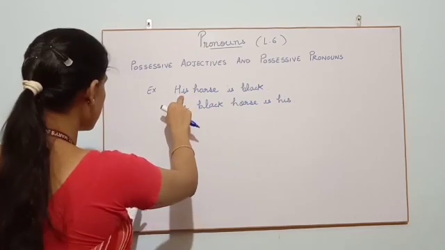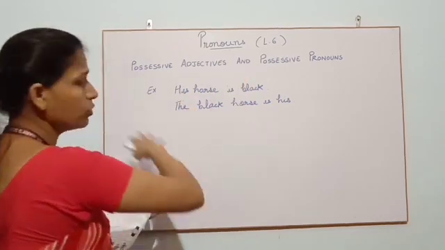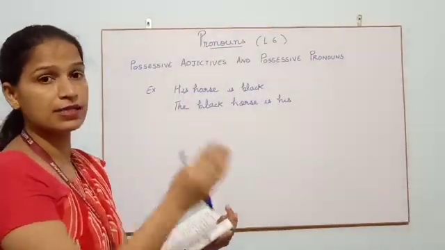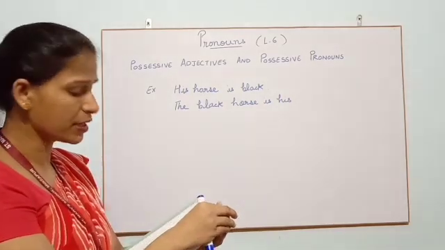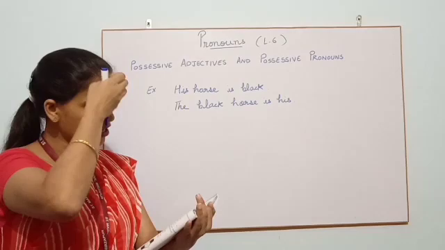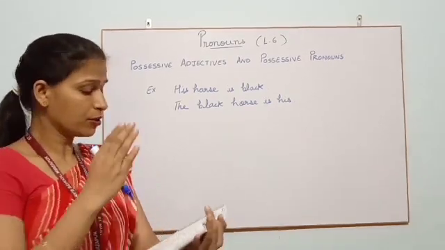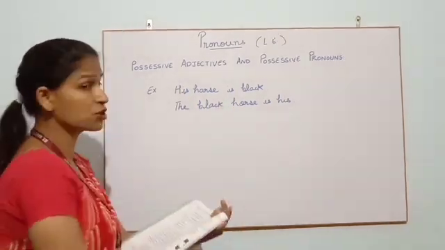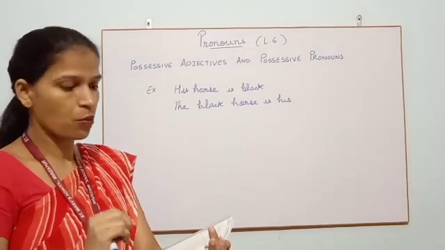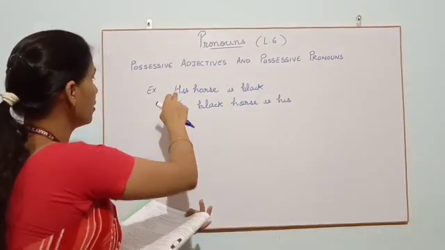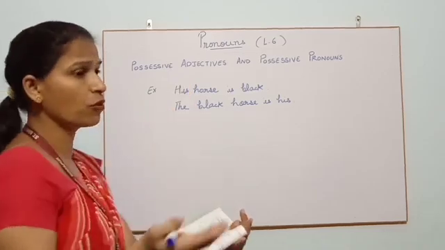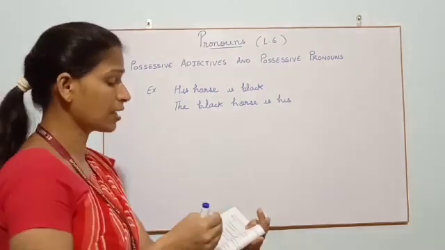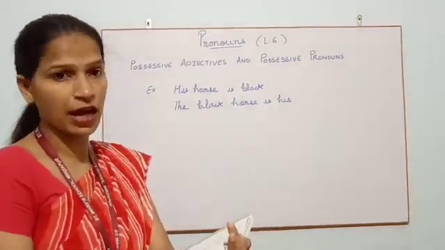the possessive adjective, how can you make out which sentence is the example of possessive adjective and which sentence is the example of possessive pronoun? Student, it is very simple. In possessive adjectives, these, his, you will find in the example, his is used before a noun. When the words are used before a noun, then you can say that they are used in a sentence where they are showing you possessive adjective.